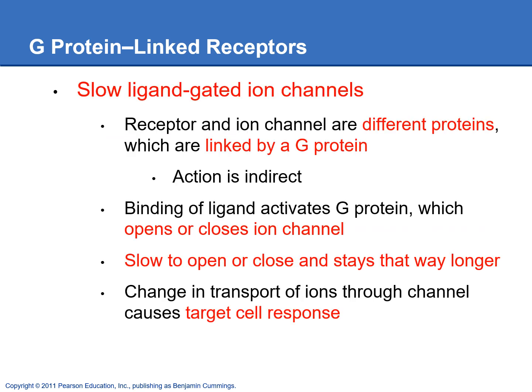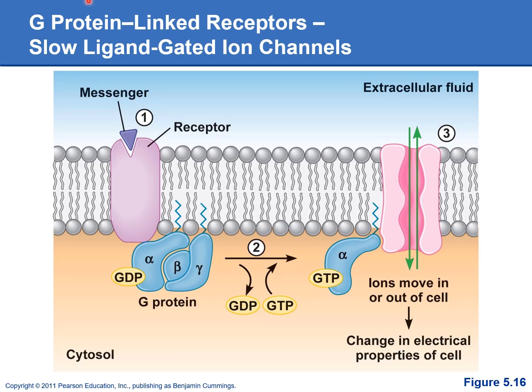If the G-protein goes and binds to an ion channel, the ion channel is called a slow ligand-gated ion channel, and that's because it's slow to open and close. Let's just take a look at a picture of this. The hydrophilic messenger will bind to this G-protein-linked receptor. That'll activate the G-protein. Part of the G-protein will take off and then go and bind to this slow ligand-gated ion channel. And we'll open the gate, and that'll let the specific ion in or out of this slow ligand-gated